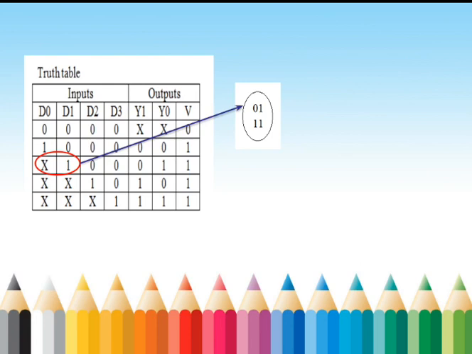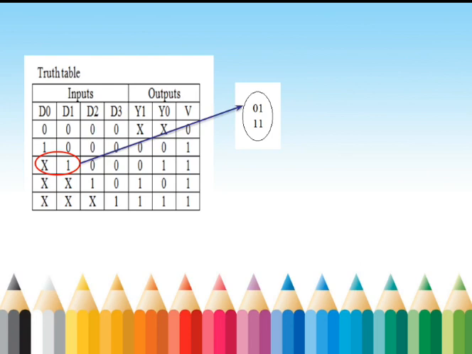Now the next input D1 is enabled regardless of D0. The remaining two inputs are 0. Now the output moves to the next highest priority, that is 0 1, and it also enables the valid indicator. So the input D1 is enabled regardless of D0. It will have two different combinations that can be given using one encirclement, that is 0 1 or 1 1.